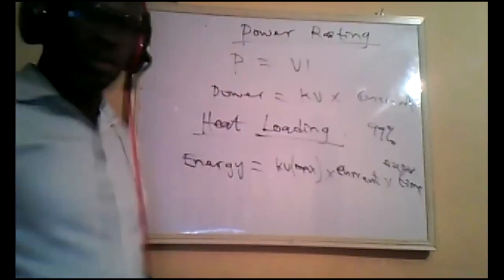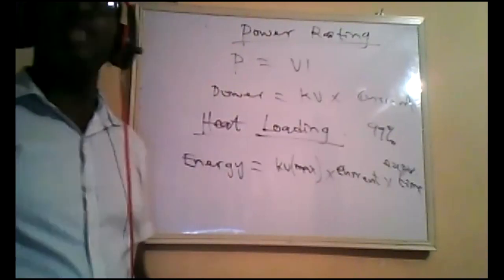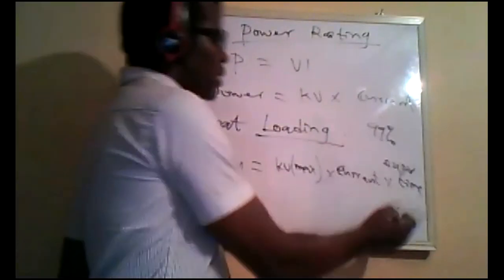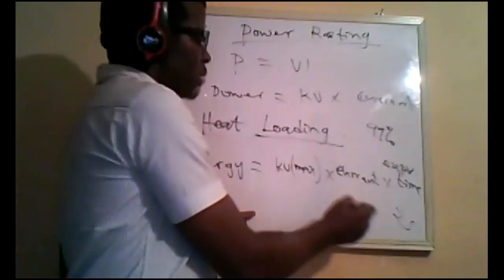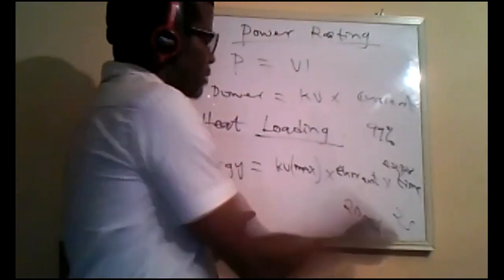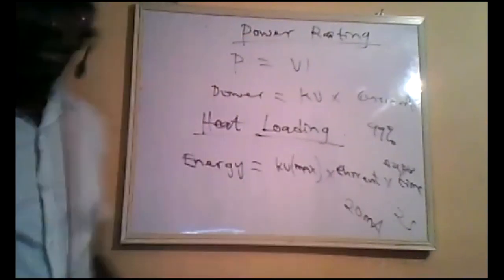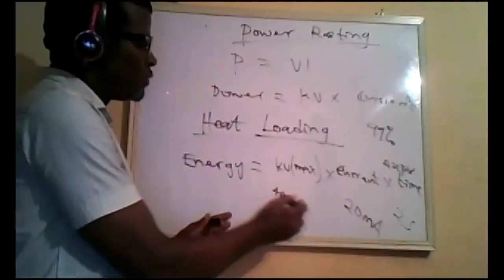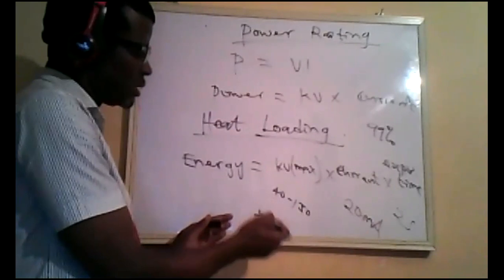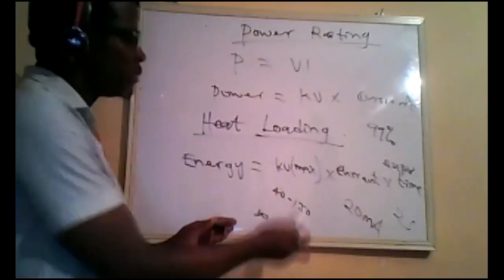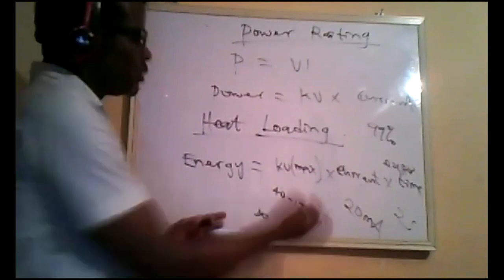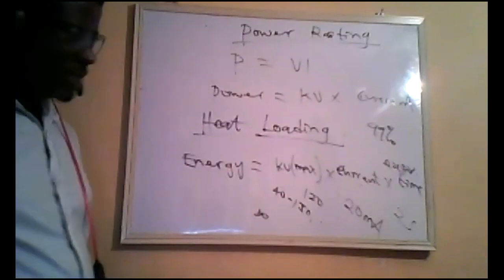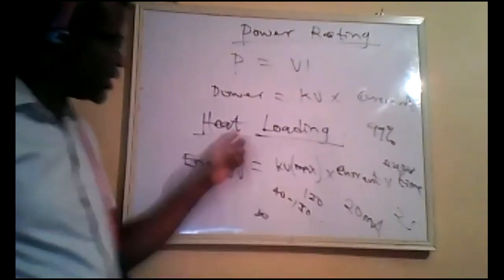Let's say you go to the machine, assuming it's not using AEC, automatic exposure control. You just press, 2 seconds, current 20 milliampere, kV. Of course, you can't select more than the machine range, maybe 40 to 150. 30 cannot be selected, and above 150 is not selectable. Let's say you select 120 and you press. At times, the machine won't answer if it has exceeded the heat loading of